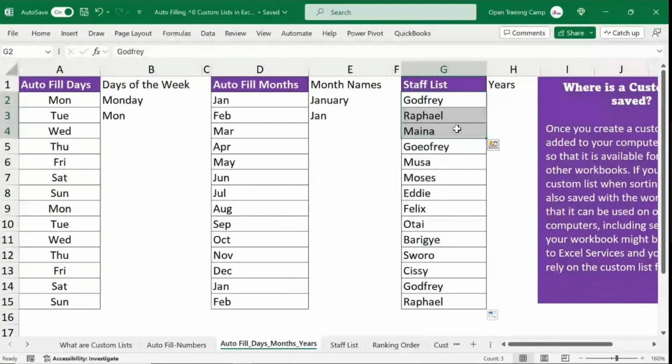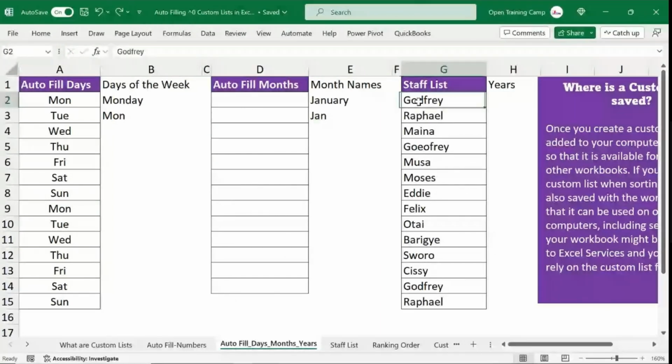Absolutely, like so. Now you can see, if you are in human resource, I've already generated my entire staff list just by dragging and dropping. Now I can proceed and add more columns here. This is the plain example of creating your own custom lists, and we have seen where they actually come from. We have autofilled here, Godfrey, Raphael, all the way through to Cisse,